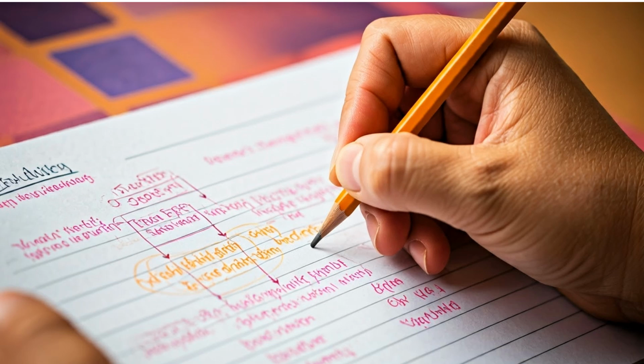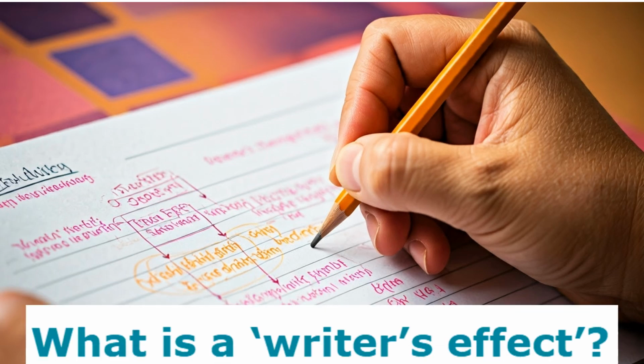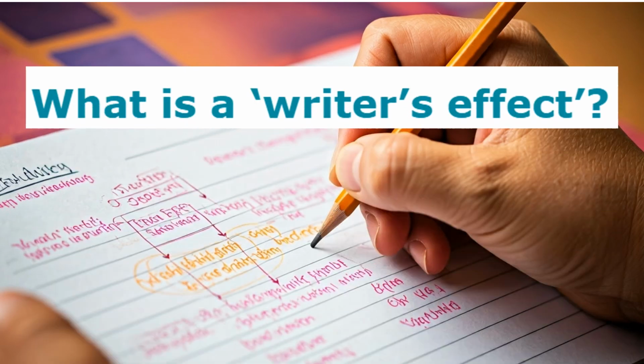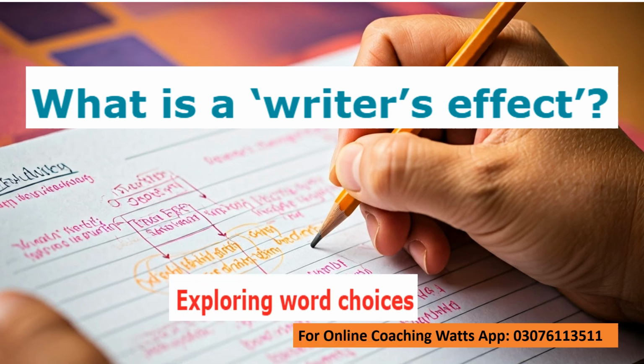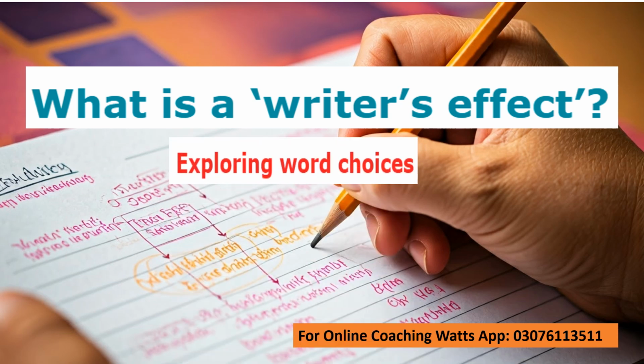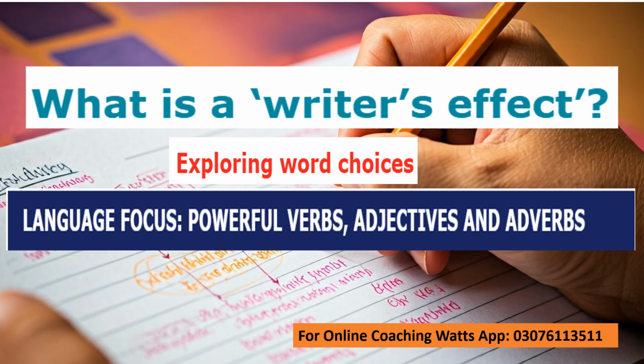Now, this video also aims to discuss comprehension, O Levels, new syllabus 1123, question number 2, where you have to talk about writer's effect. It is actually a question where you have to explore the word choices made by the writer. So stay tuned, watch this video till the end because I have explained the reason for choosing words with examples,